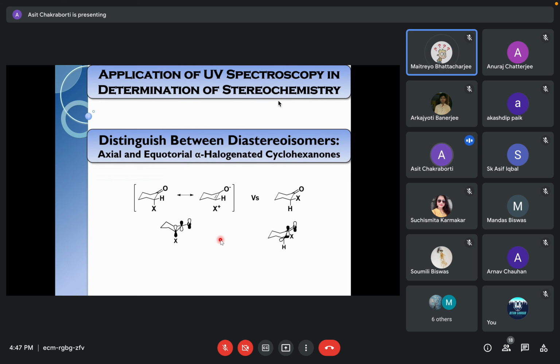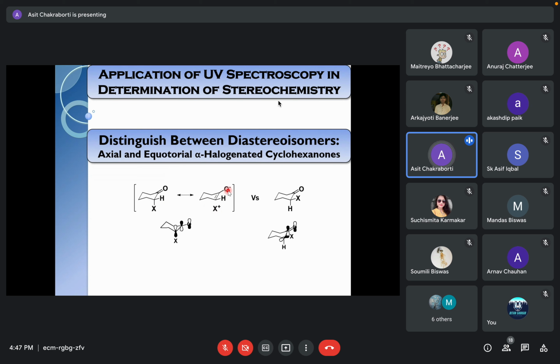Right. Hyperconjugation we only know for determining the relative stability of olefins, alkenes, and so on. But this is also another kind of no-bond resonance, though not a very popular example. When the halogen is in an axial position, it can undergo a resonance structure. This is a temporary breaking of the bond with X plus. Since in this form there is no bond between X and this carbon, this is a no-bond resonance.